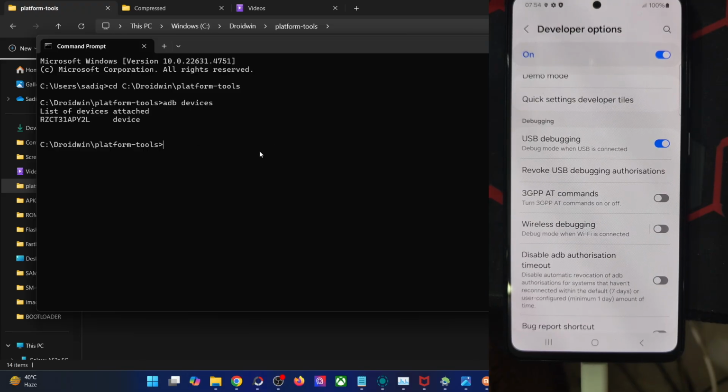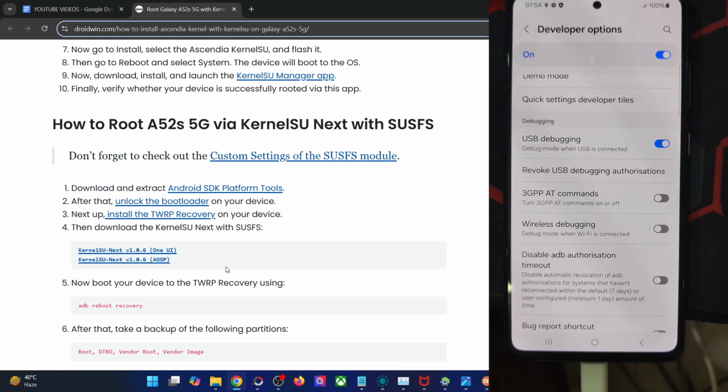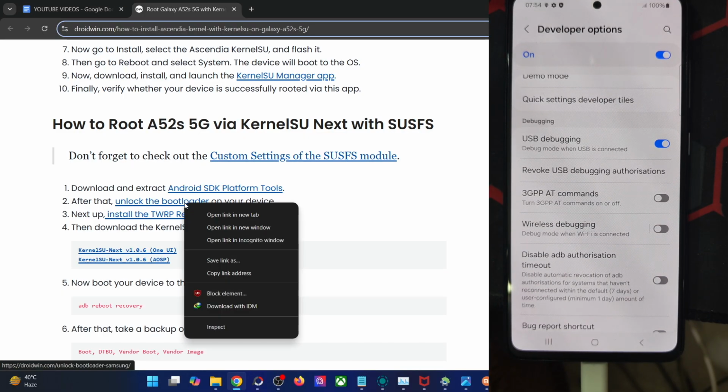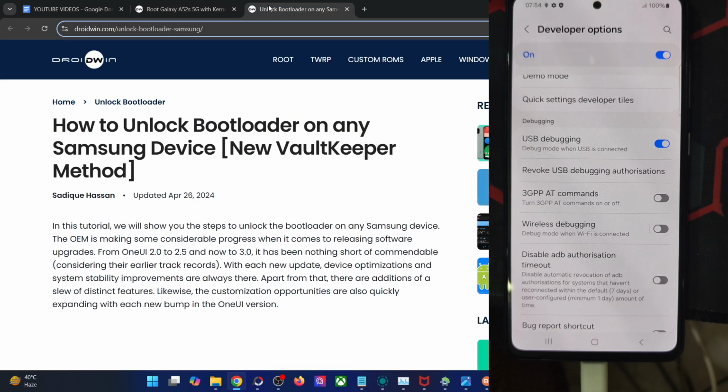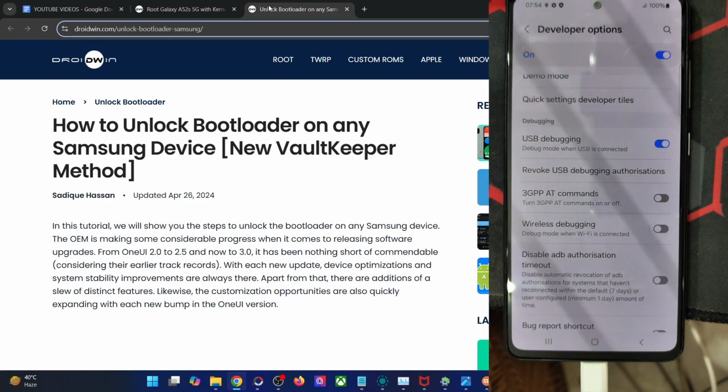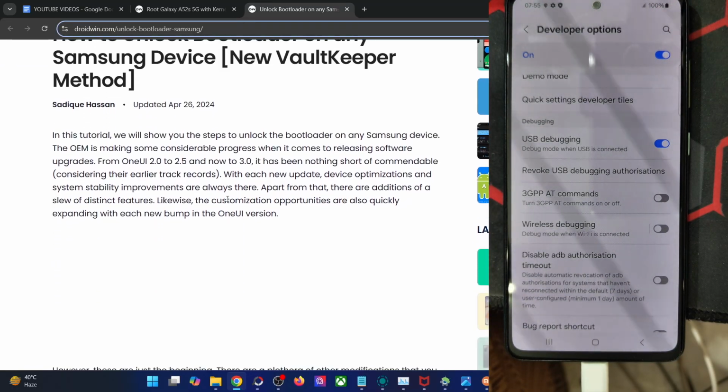Once you get this ID, you will now have to unlock the bootloader on your phone. Do note that unlocking will wipe off all the data, and it might make the warranty null and void as well. Apart from that, the Knox will be tripped, and once the Knox gets tripped, you will not be able to use any Samsung secure features. Moreover, there is no going back. Even if you relock the bootloader, the Knox will stay tripped. So if that's well and good, then let's get started.